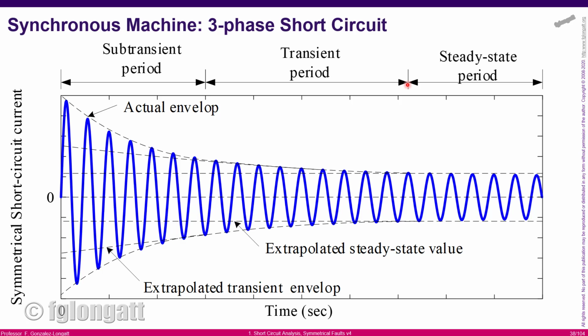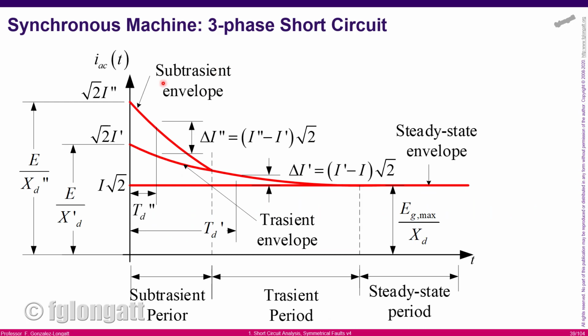This is for practicalities. This is so that electrical engineers can use some assumptions in order to make it easy to calculate the short circuit currents, okay? What I'm trying to say is, in real life we have a continuous wave in blue color, but for practicalities, for short circuit analysis, we divide that blue signal into three different periods: subtransient, transient, and steady state, okay? And that is coming from something very interesting,